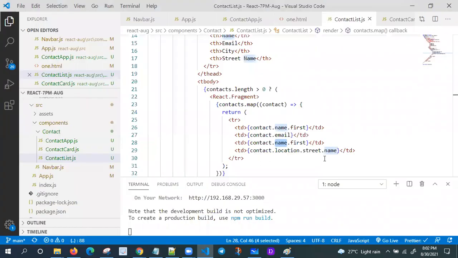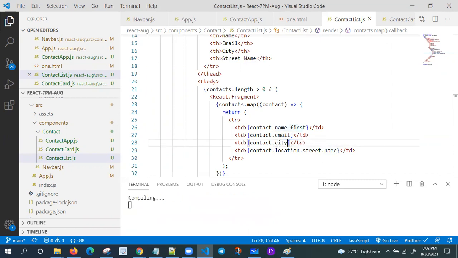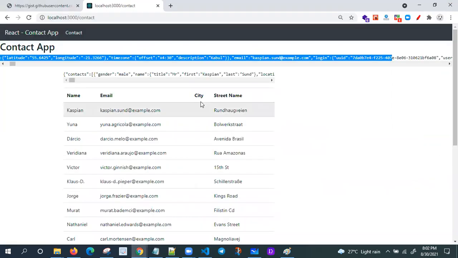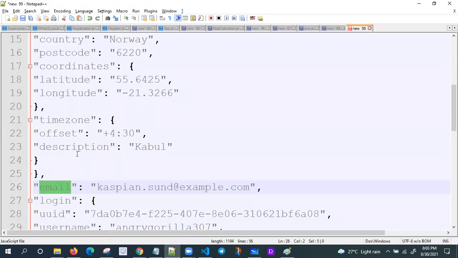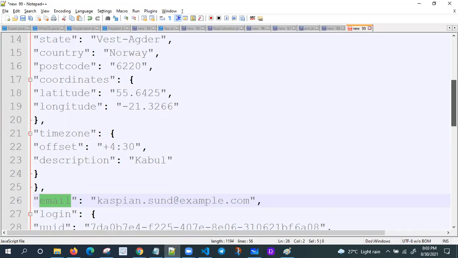City. I want city also, straightforward I think. What is this? Email. City, I think so. City. Fine. City is not there. Okay, let me check the data, one second. City is straightforward?